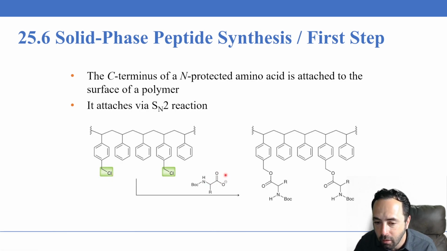And so the carboxyl group here goes and reacts with that. We get the ester. And then, assuming that the amino acid is already protected with Boc, we don't have to worry about any reactions of the amine side. We only will deal with reactions of the carboxyl side. And so you can see we have a benzyl ester now produced on the carboxyl side,